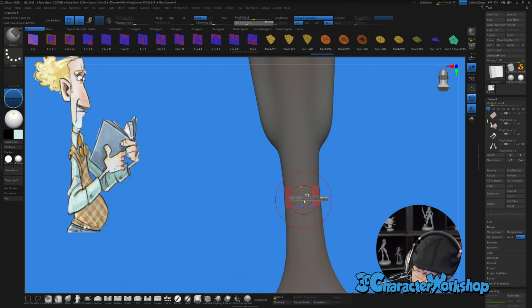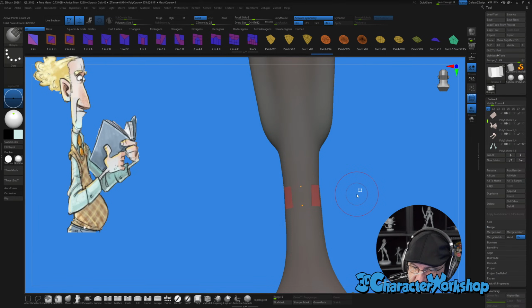There's 2 brush sizes with this brush. There's a draw size brush. So when you can see that little logo that looks like a topology square, that's how you know you're in the draw size brush.